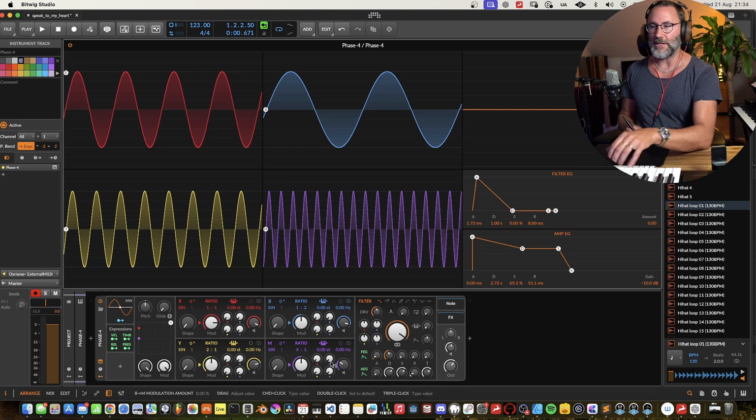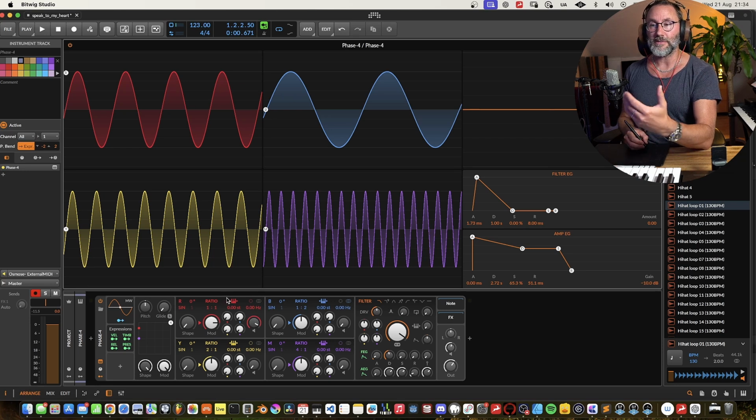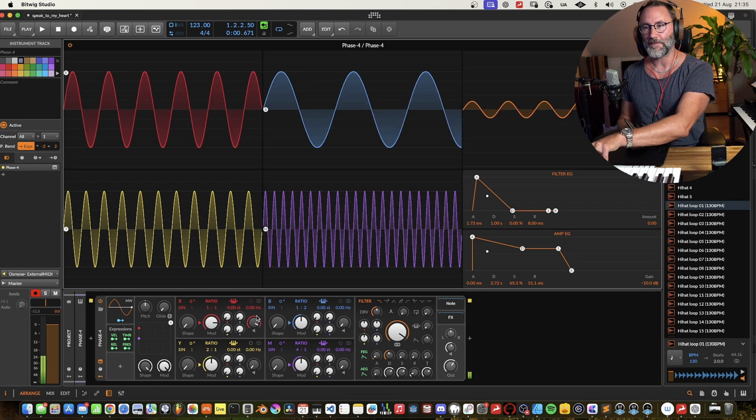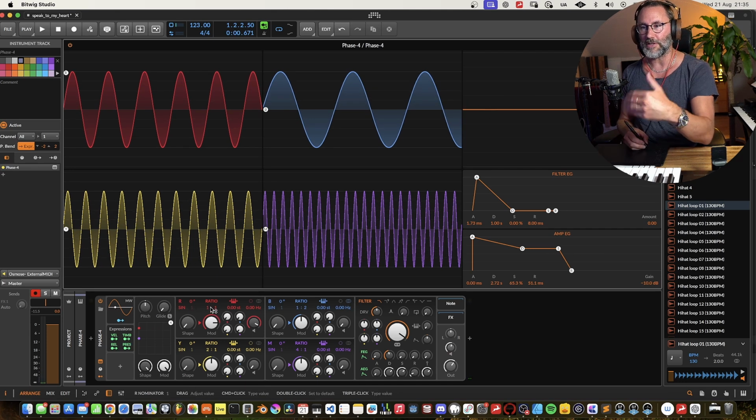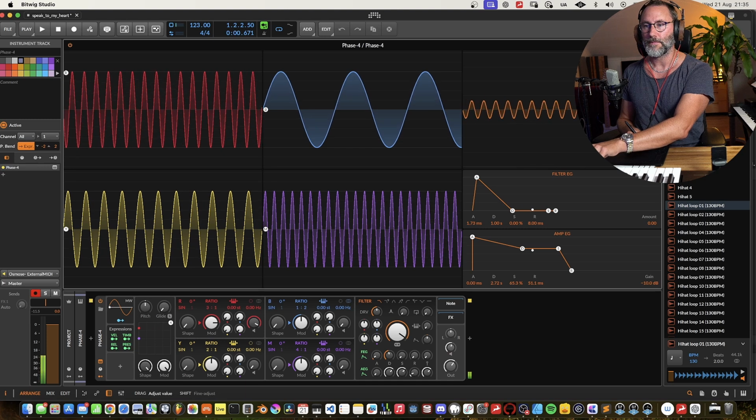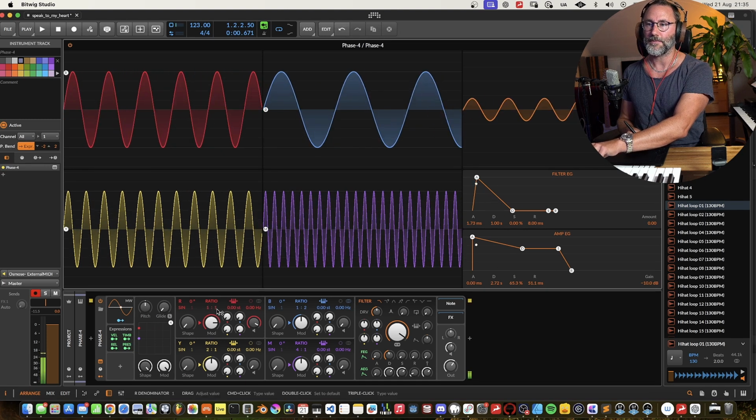How we do phase modulation in Phase 4 is that we need to reduce first, for this type of sound that we're going to create now, the volumes of all the oscillators except our carrier. And this is called the carrier because this is the audible oscillator or audible sound generator, the red one. And as I said, we can control the ratio and increase or decrease the pitch by octaves.